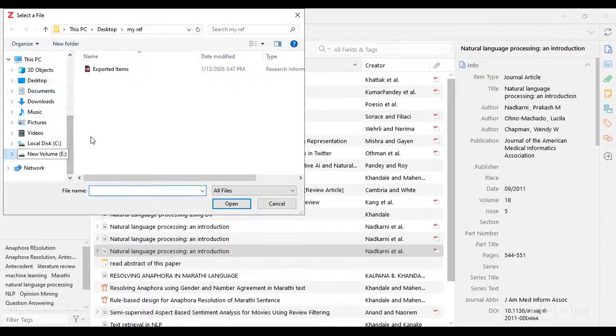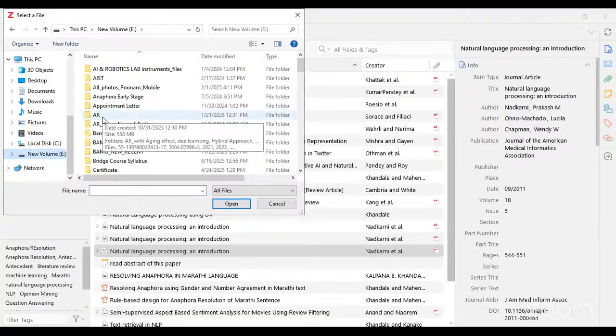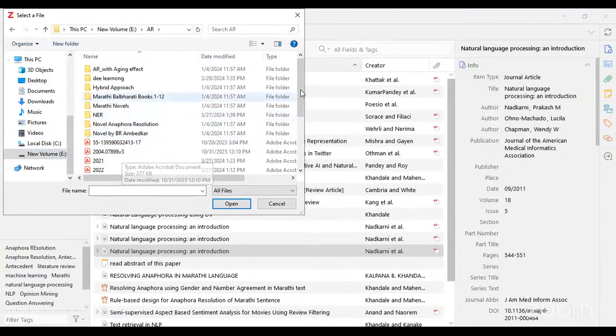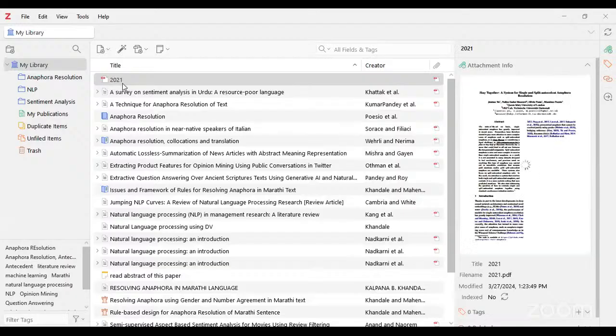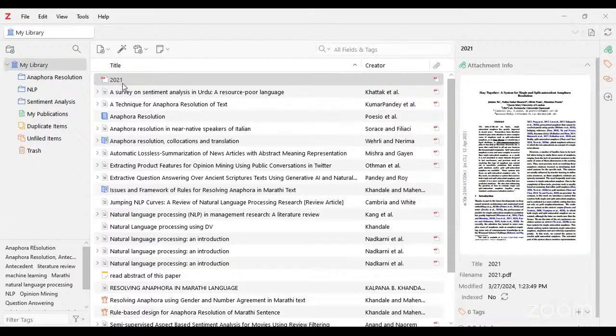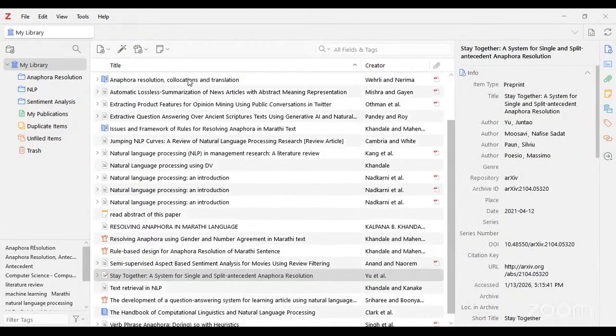So I have some paper. Suppose this is the paper. So I select this paper here and click on the open button. So here you can see this paper is added. This paper is added over here, and automatically it will